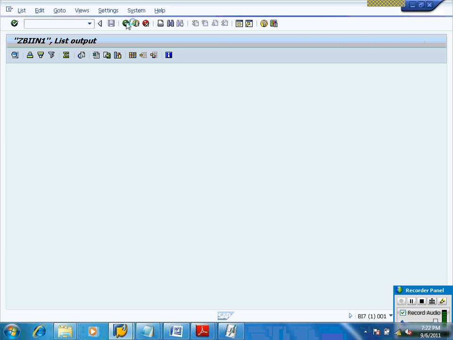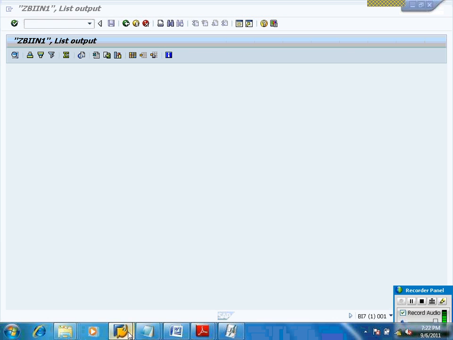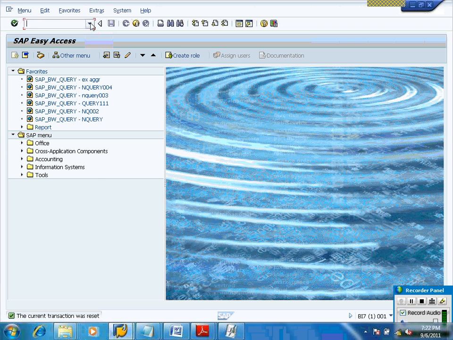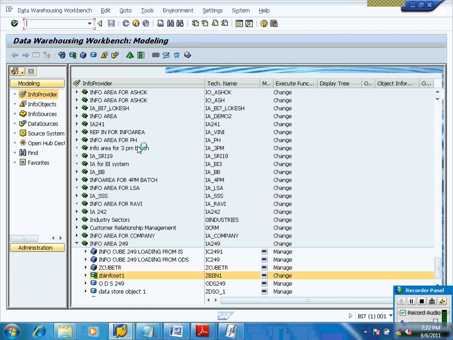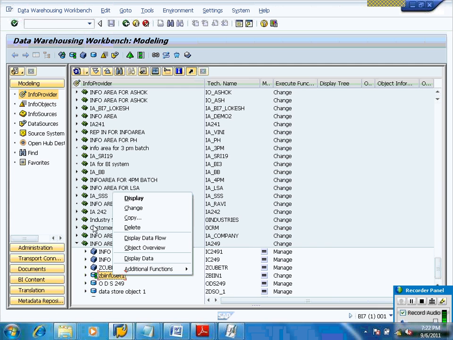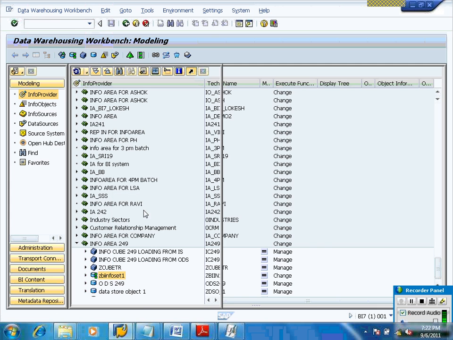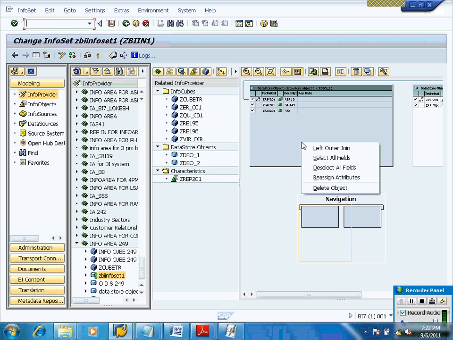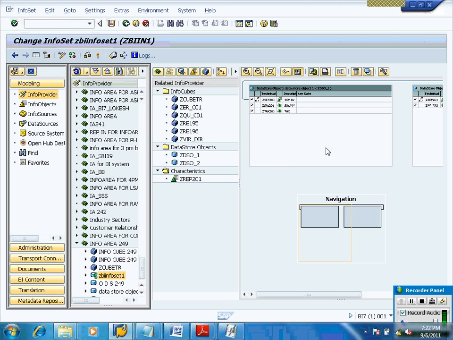You can right click and look for left outer join. Yes. In the other table, we do not have any extra field. That's the reason it is coming up with only 5 entries. Now we will change the definition. Transaction. Right click and again change, and this time I would like to select left outer line.